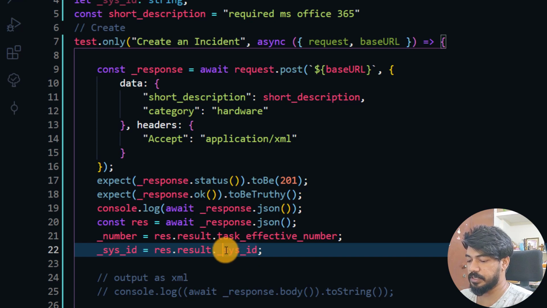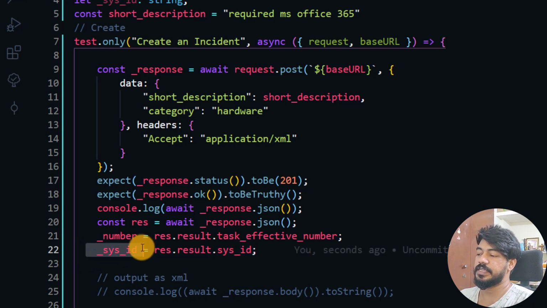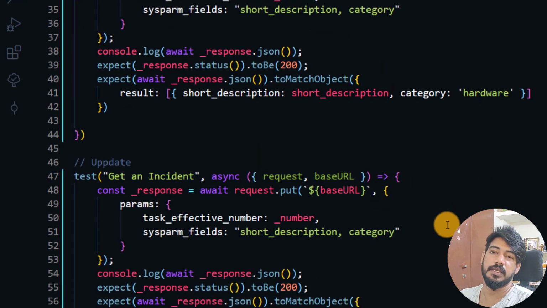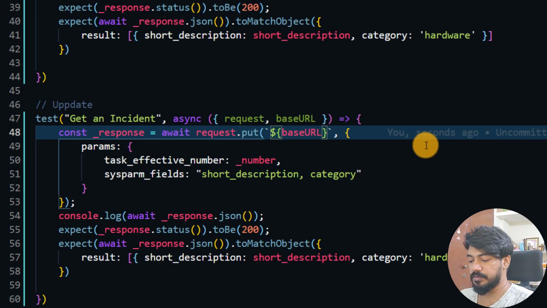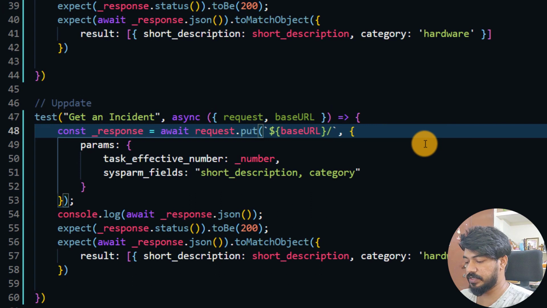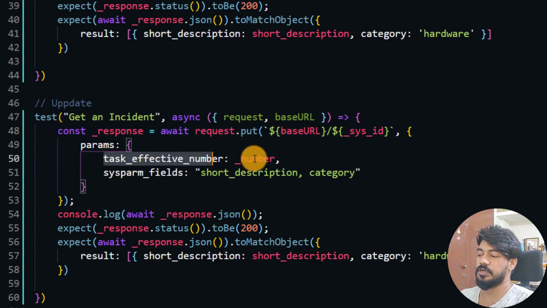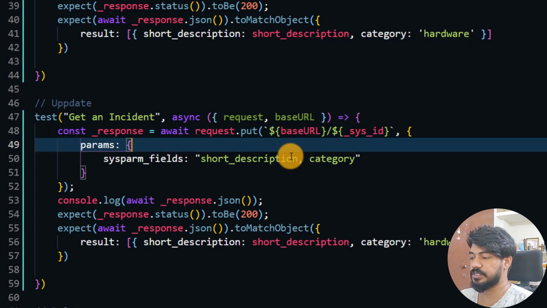Okay, not double underscore. Yeah, so here we'll get the sys id. Basically that's the primary key I have already said, and based on that we have to do the update. Okay, so after the base url I'm going to give slash, and then followed again by the string interpolation, and here I'm going to give the sys id. Okay, and I'm going to change not this number, so let me remove this.